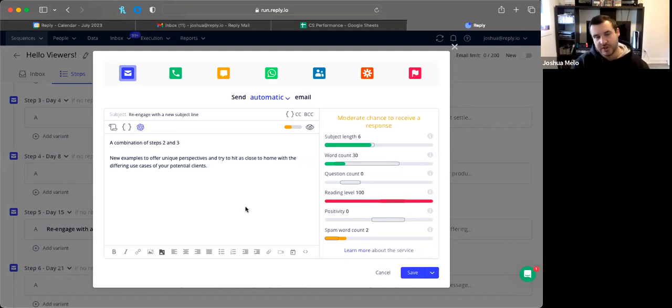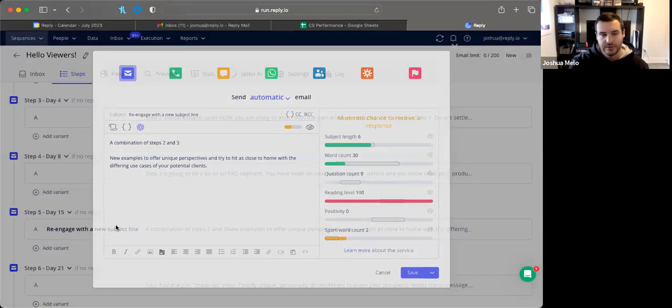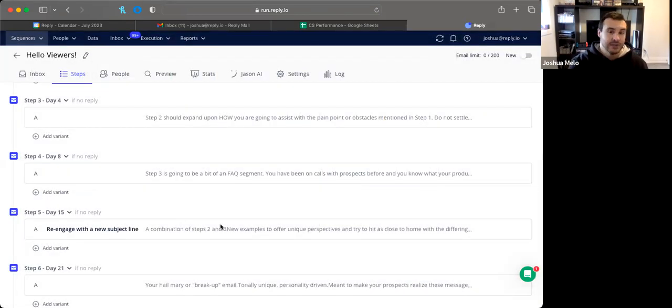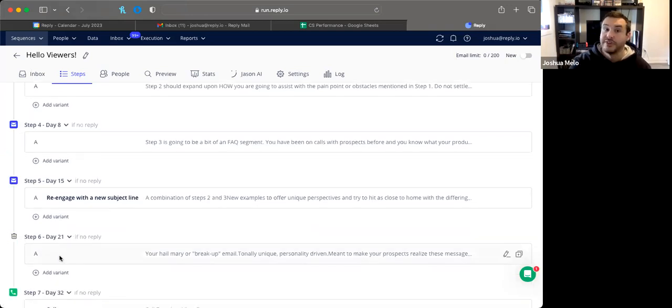So interposing both of these elements into your step 4 or 5, I think, is a great way to continue to extend the life of your sequence. And you can, again, continue to do this as many times as you'd like, as long as you have new information to disperse. Whenever you feel like the well is drying up, maybe try to transition into your final step here,